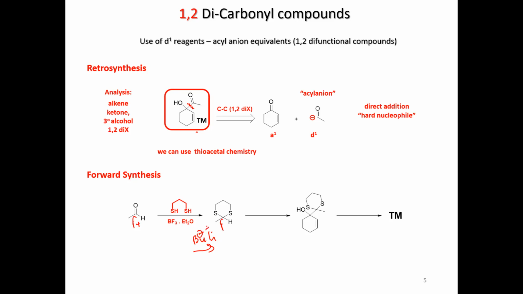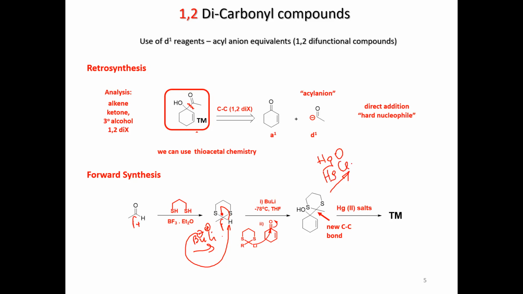Bewley will have a negative charge here, with a negative. Then you attack your carbonyl. Eventually, if you want to restore the carbonyl from the Corey-Seebach reaction, you use mercury salts or mercury oxide. So mercury oxide will do, mercury fluoride will do the same. That's really good. This is a reaction that you want to remember also whenever you need to go back to